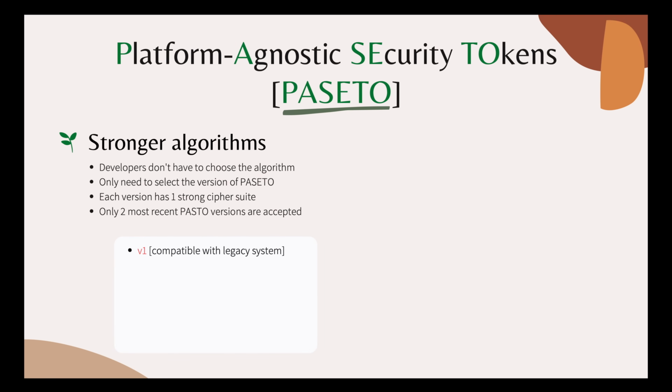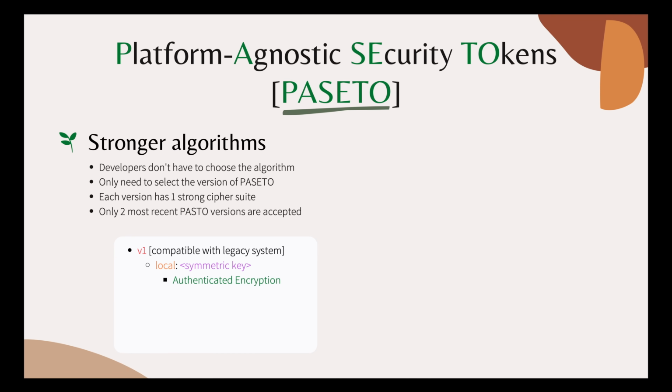Version 1 is older and should only be used for legacy systems that cannot use modern cryptography. Similar to JWT, PASETO also has two algorithm categories for two main use cases. For local or internal services, we use symmetric key algorithm. But unlike JWT, which only does base64 encode the payload and sign the token, PASETO actually encrypts and authenticates all